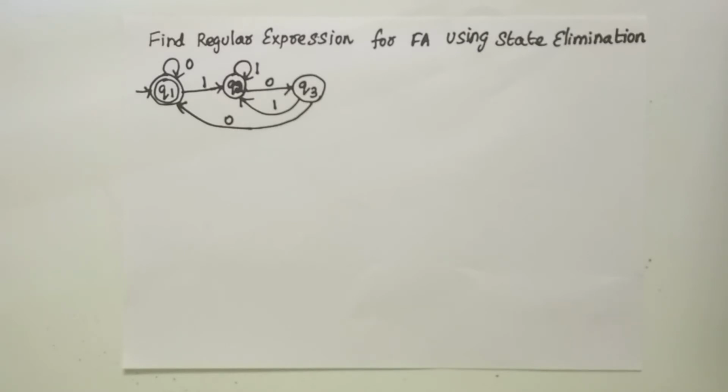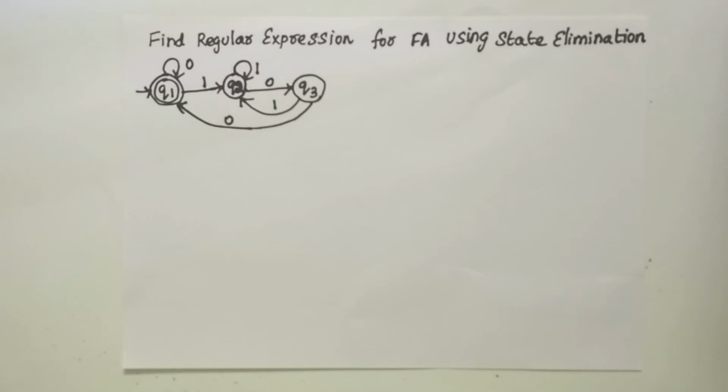So here let us see an example of how you can find the regular expression when the initial and final states are the same. Sometimes they may give you the automata in the form of a transition table, or sometimes in the form of a transition diagram. So whatever may be the input, you can directly start applying the method for finding the regular expression. As I have said already, what are the steps to find the regular expressions using a state elimination method? The first thing is we need to decide which state we are going to eliminate.